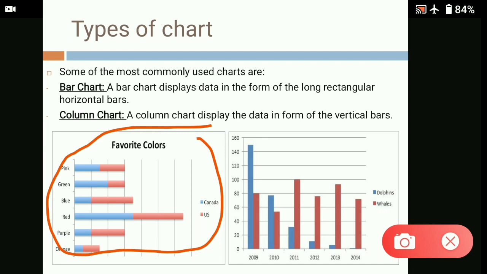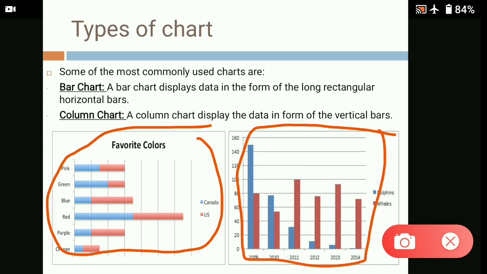Next, that is the column chart. A column chart displays the data in the form of vertical bars. Okay, this chart is used for comparing values over a period of time. In a column chart, categories are organized along the horizontal axis and the values along the vertical axis.